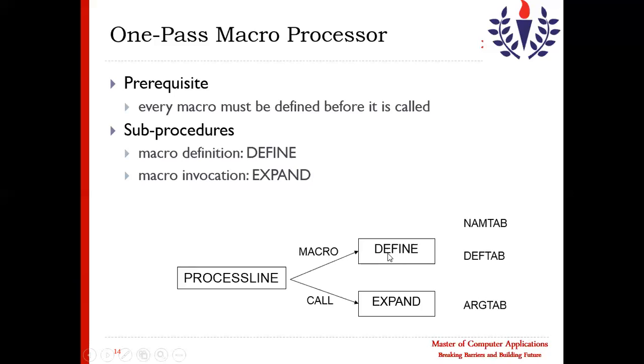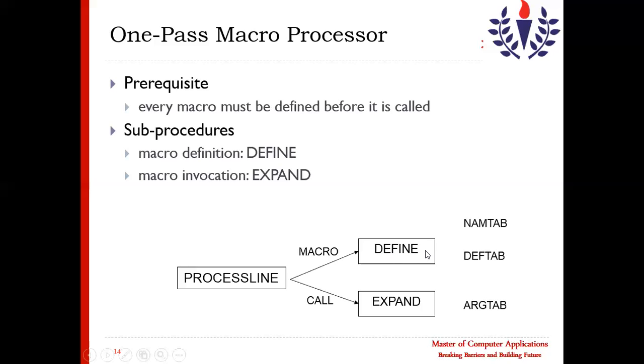One, to check, okay, a macro is being defined, the definition is there. Then the call, there will be a call to that definition. So there will be two sub procedures for the macro processor in one pass. One is define, second is expand.